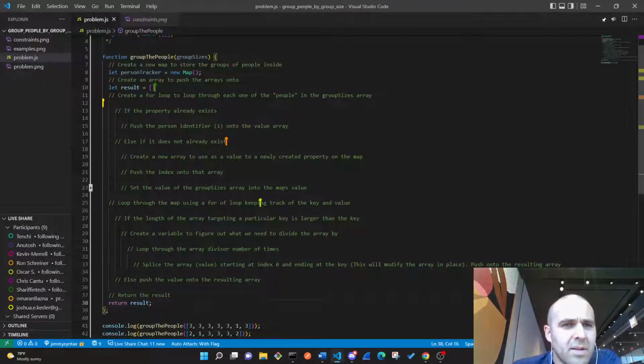Exactly. Yeah. So the first thing that I did was I created a for loop to loop through each one of the people in the group sizes array. There were a couple of different ways I thought of, but initially the one I ended up going with was,